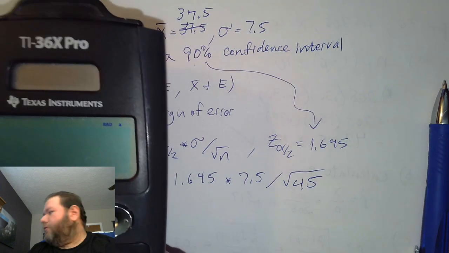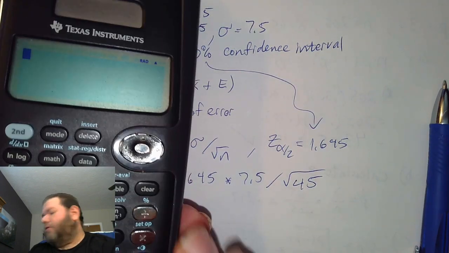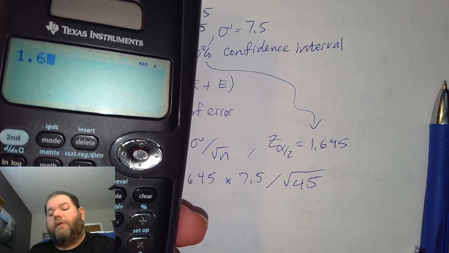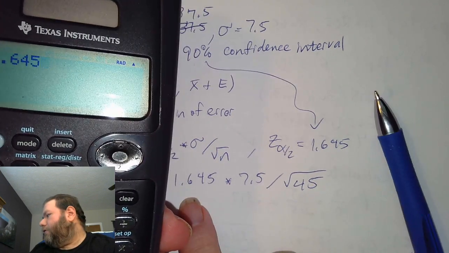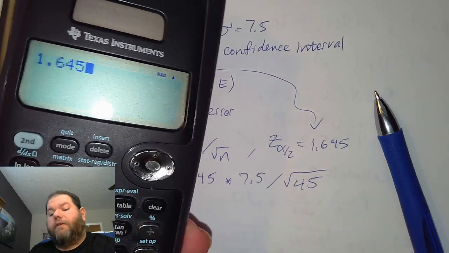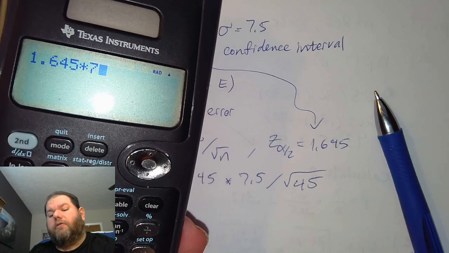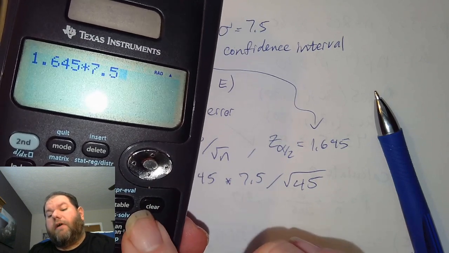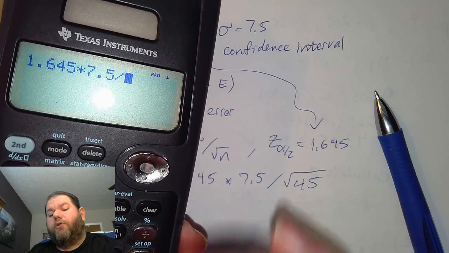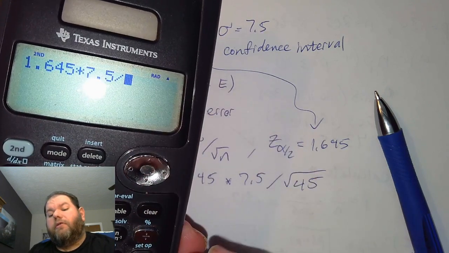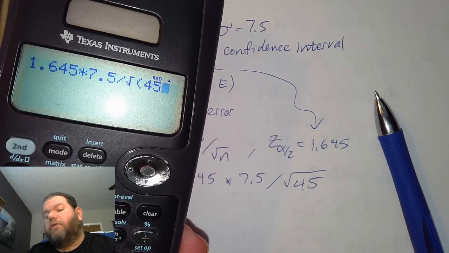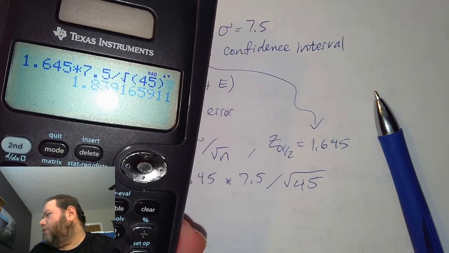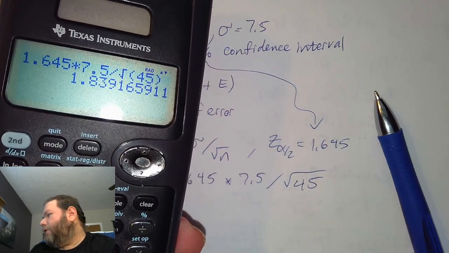So we can do 1.645 here times 7.5, and then divided by the square root of 45 equals,